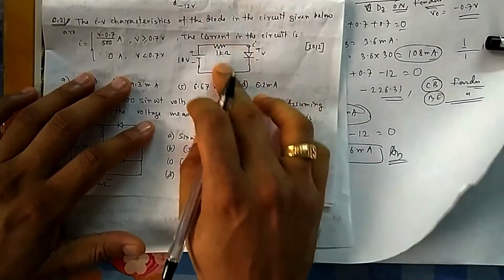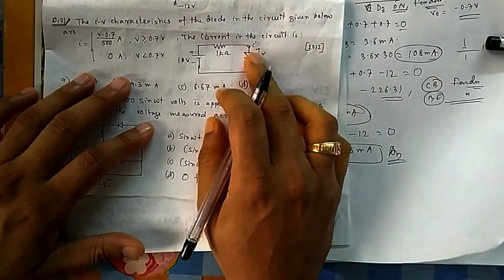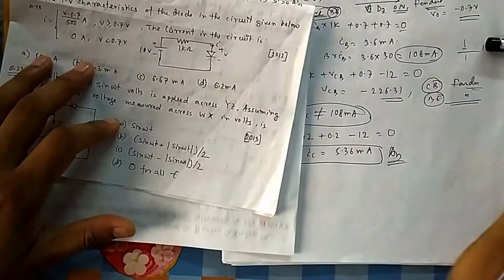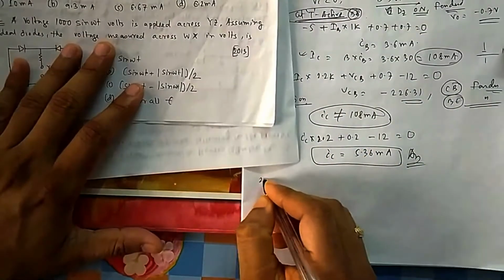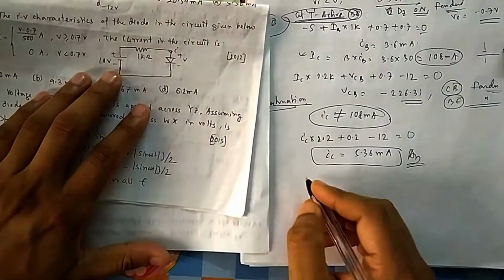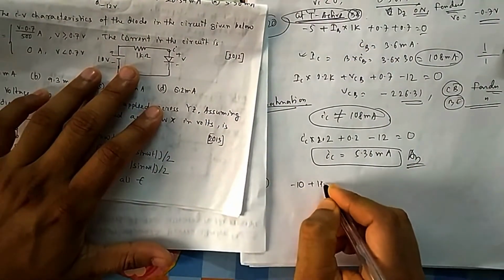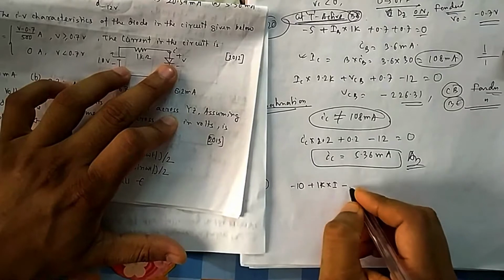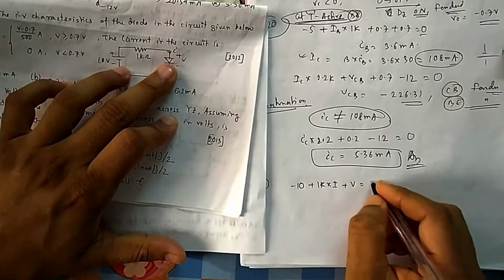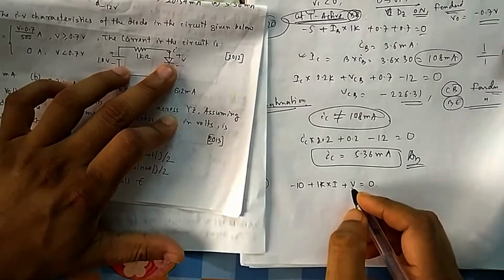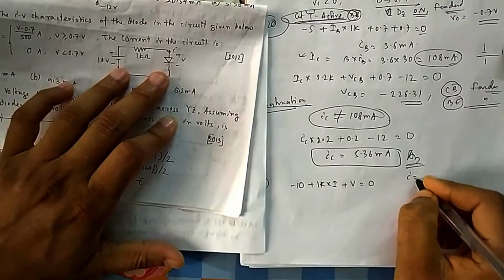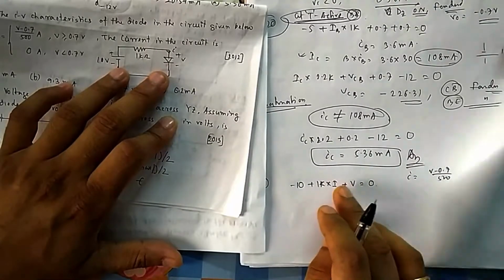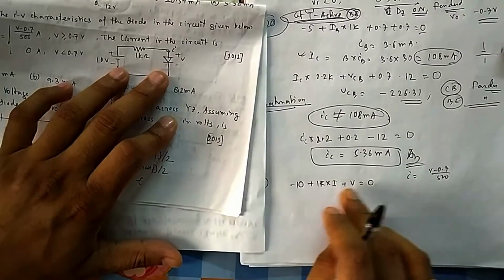So if I take the KVL across it, then let me calculate what is the I here, and then I can easily find what will be the V across it, whether my assumption was correct or not. So for that, we will take a KVL across this. What will be the KVL? It will be minus 10 plus 1K into I, then this plus V is equal to 0. So in terms of V, what they have given, I is equal to V minus 0.7 by 500. So from here you can put this value of I here, you can calculate V from this one equation.